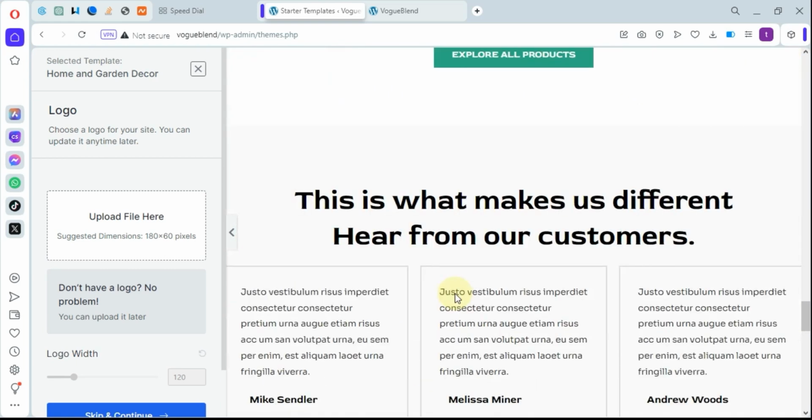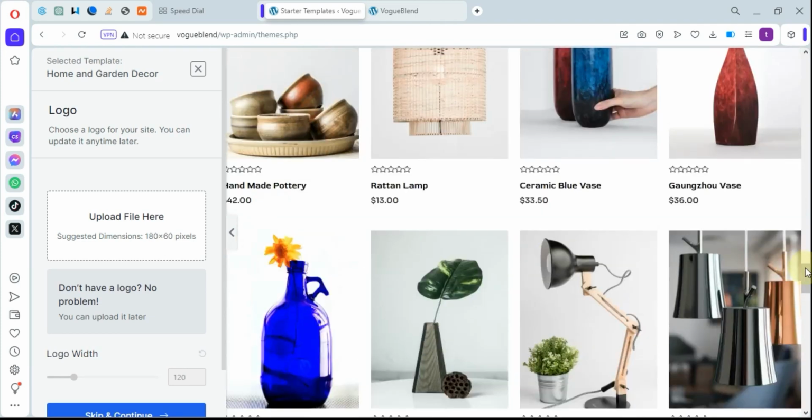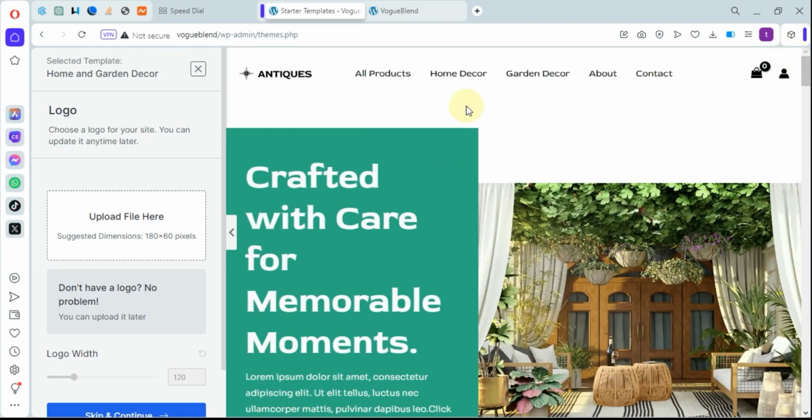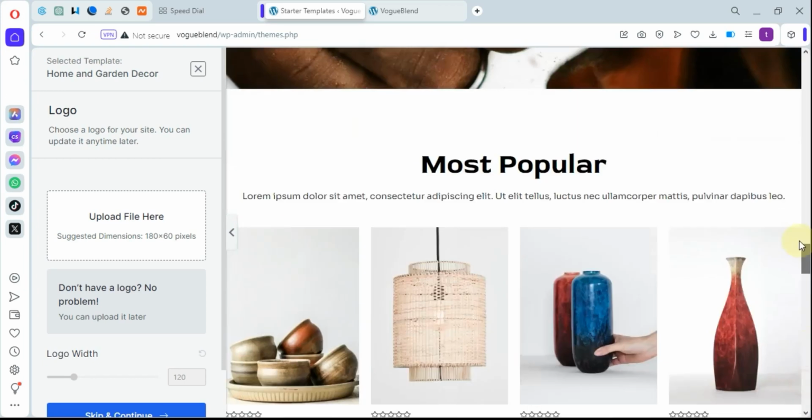So that is that. But I'm not importing all this content. I just want to use the template, the design, the way the header section is, and the footer section. So I just want to use this design. So what I need to do now,